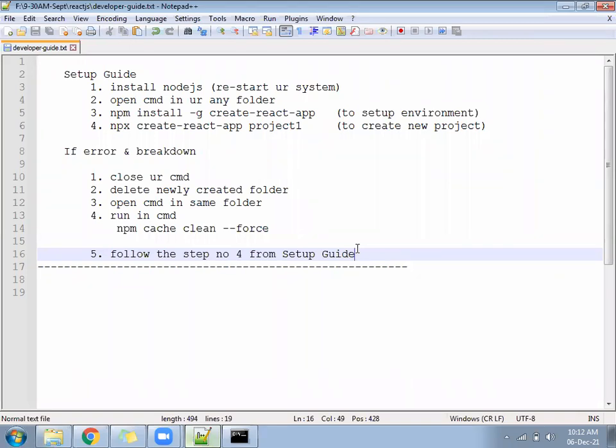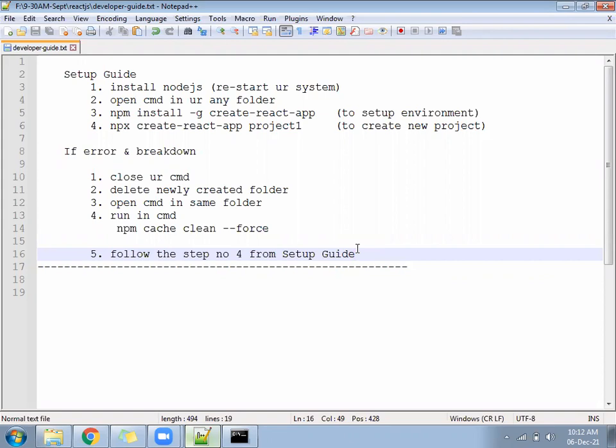Before writing a sentence, we need to know the multiple words. Correct? So ABCD knowledge we have. We know HTML, CSS, JavaScript, Bootstrap, all we know. That's called ABCD we know. Words we have. Now we need to learn the policies, on what basis we need to combine the words so that it will become a sentence.